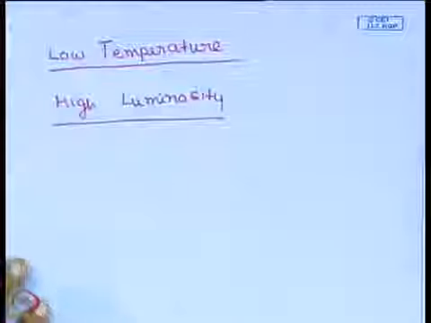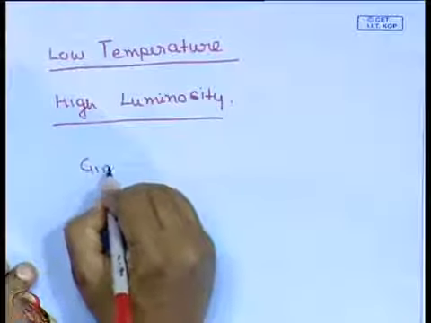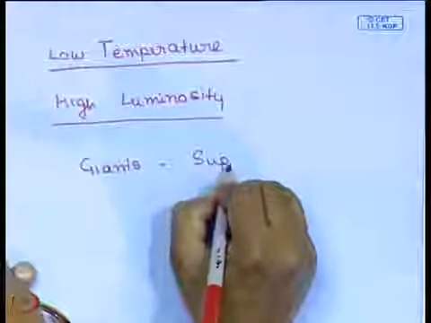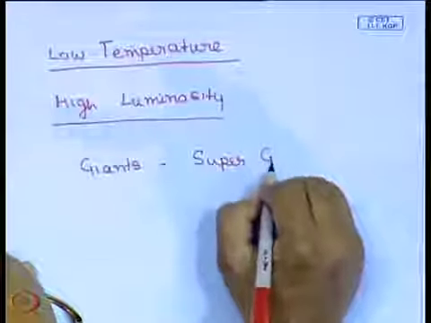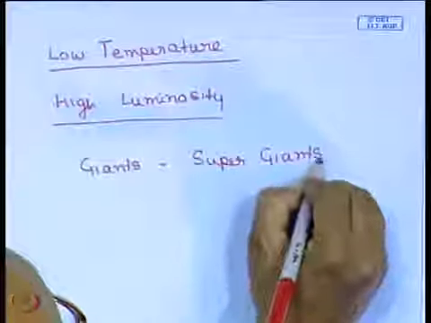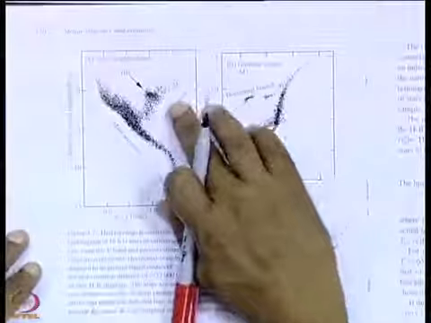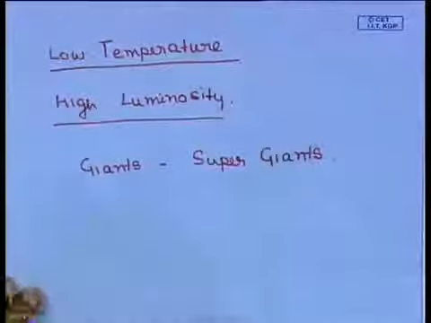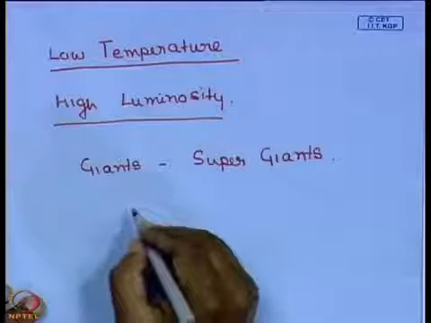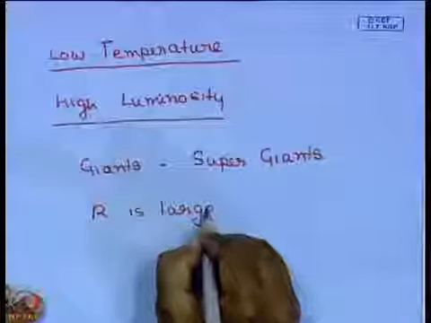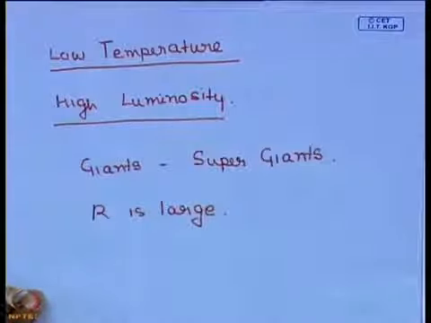These stars are what are called giants and supergiants. Okay, giants and supergiants. So, these are stars which are not very hot, but they are extremely luminous. So, their temperature is low, but the radius is large, basically R is large. These again are not main sequence stars. Okay. So, these giant stars,